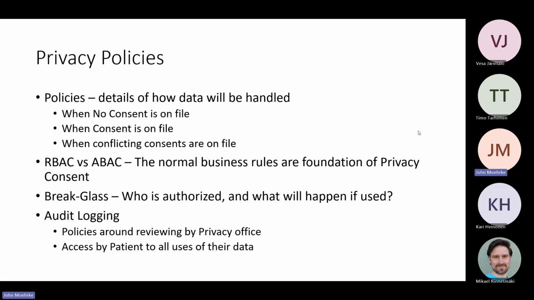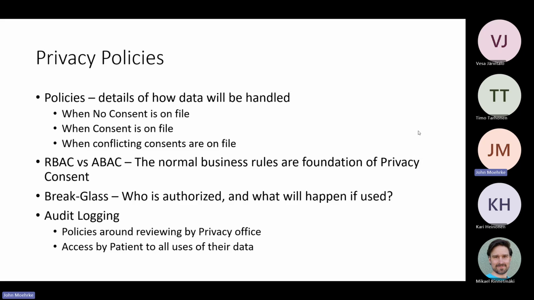What do you do when a consent is on file? Is there a mechanism available for the patient to change their mind? What happens when you have two different policy spaces or two different consent spaces, and there's conflicting information between the consent policies? So let's just say at the health information exchange level, the patient said, yes, everything's great. But within your clinic, the patient says no. Well, which one takes precedence? Again, one of them might take precedence, or you might just halt and ask the patient. That's up to you to discern.